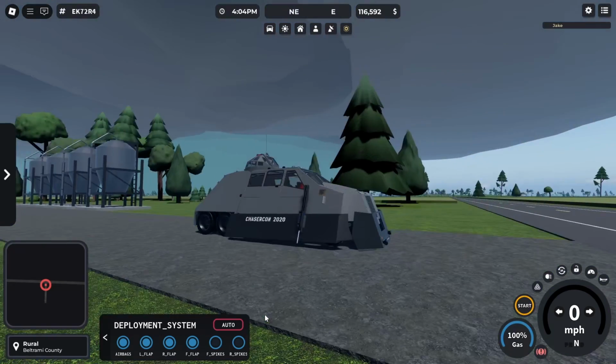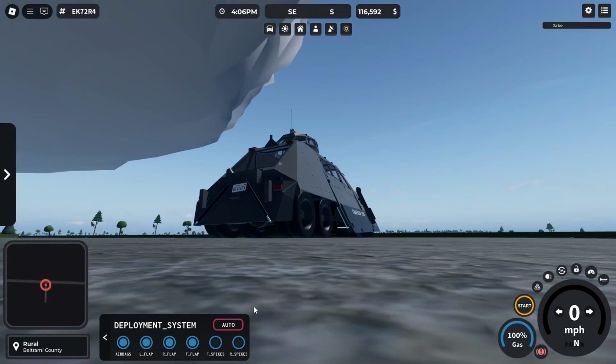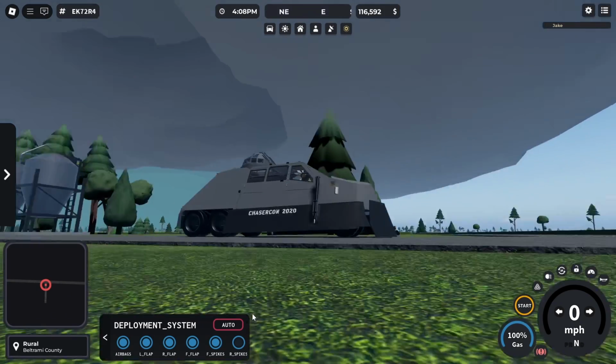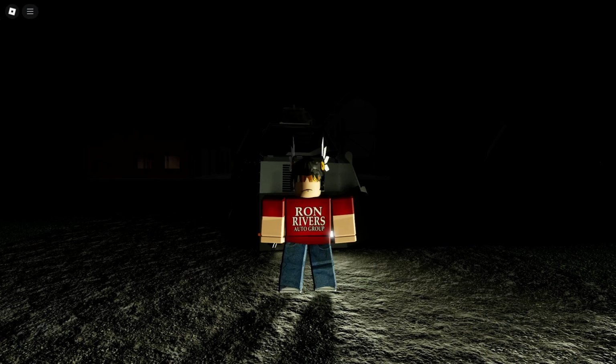Once you notice that it is coming towards you, you will go ahead and deploy the vehicle, deploy your probes. If it is too strong, you're going to want to get out of there. And yeah, pretty self-explanatory. And that concludes our 5 tips on how to get violent and big tornadoes in Twisted